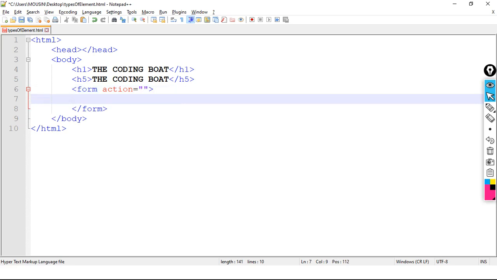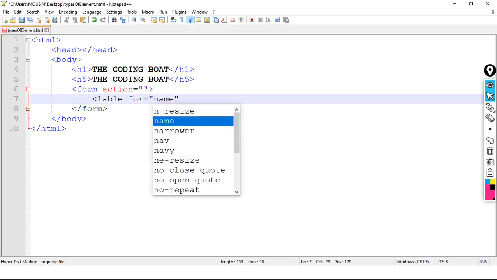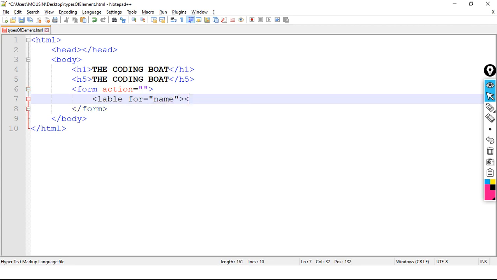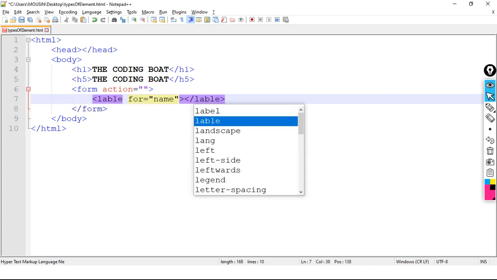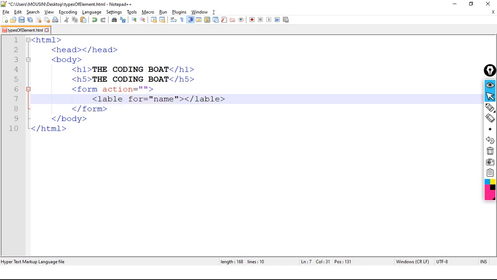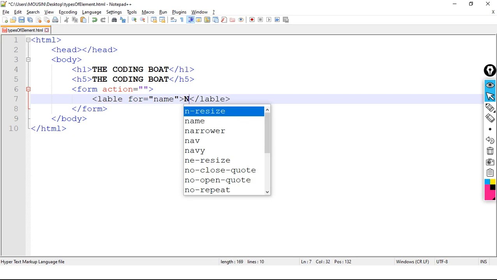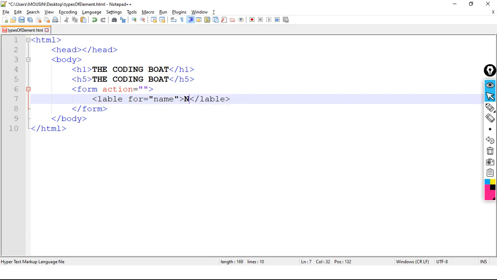Inside form we have label. We have label for is equals to name, and here slash label, name.